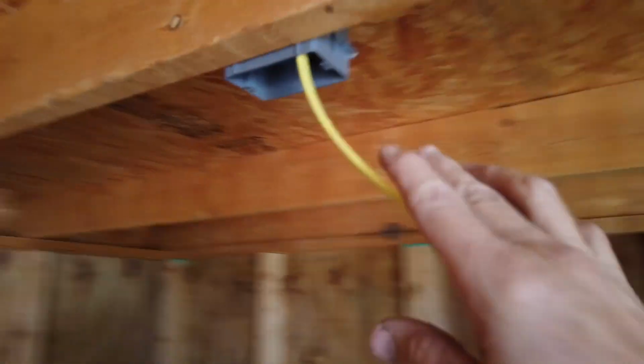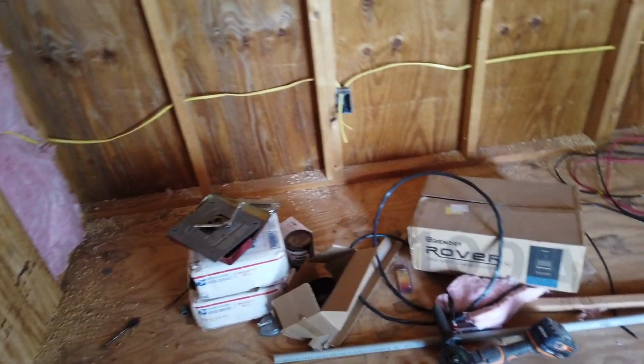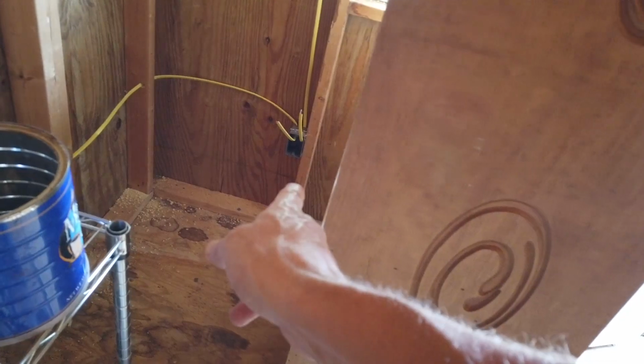I got my light switch, a light plug, only for lights. Same here, planning on putting LEDs in. I have a plug down here so I can run an AC if I need to. One directly across, just in case I put an AC in over there or whatever. Same thing here. And then I have an extra one here in the center and one that's next to this